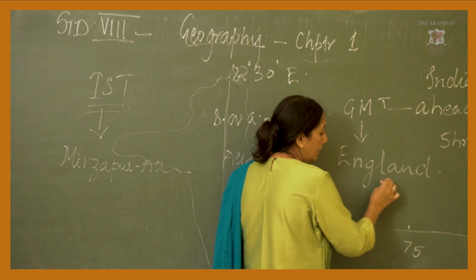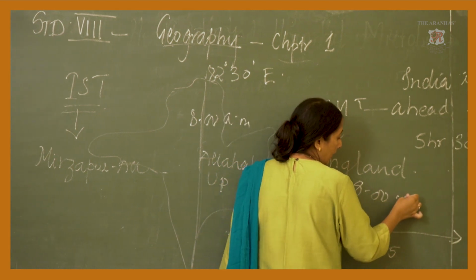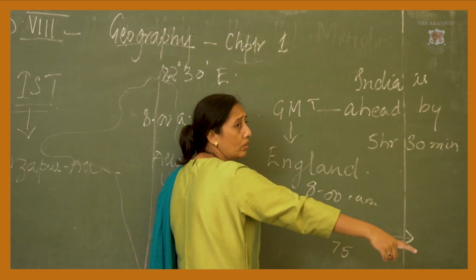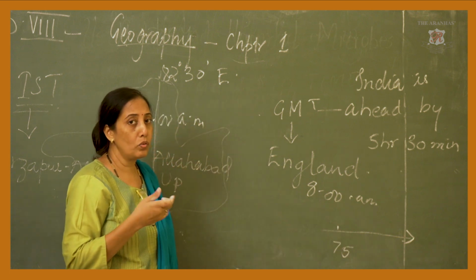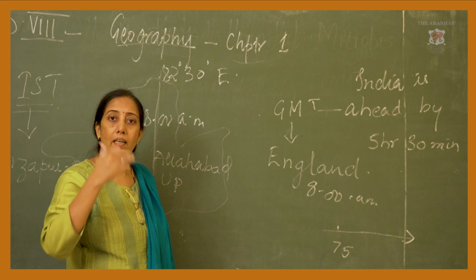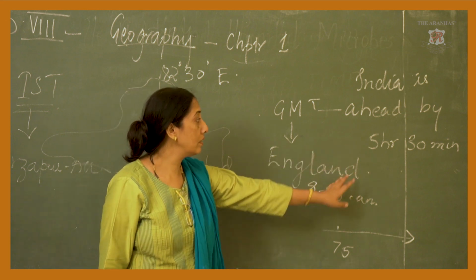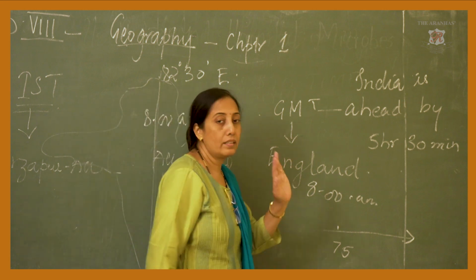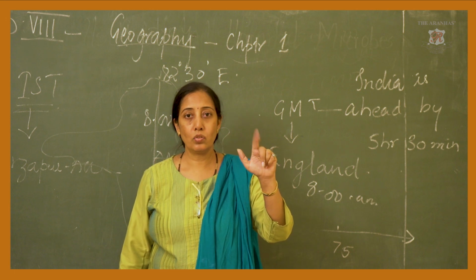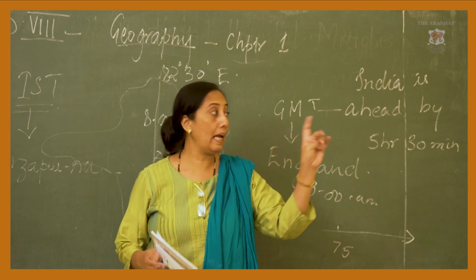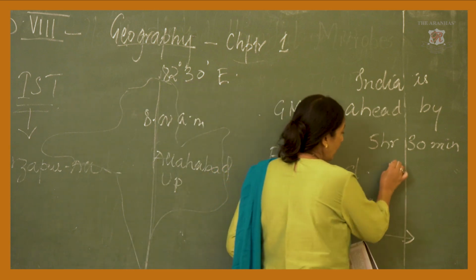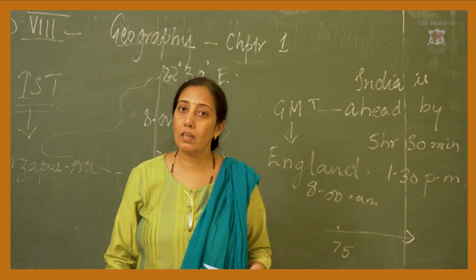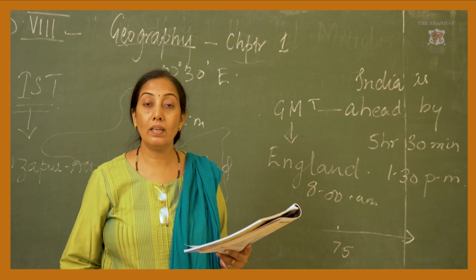Suppose I say in England it is 8 a.m. So you have to add 5 hours and 30 minutes because India is lying to the east, whereas England is almost to the west this side. That is why India is going to be ahead. How much? 5 hours and 30 minutes ahead of this GMT. So if it is 8 o'clock in England, add 8, 9, 10, 11, 12, 1 o'clock, that is 13 and 30. So it is going to be 1:30 p.m. in the afternoon in India, whereas in England it is morning 8 a.m.